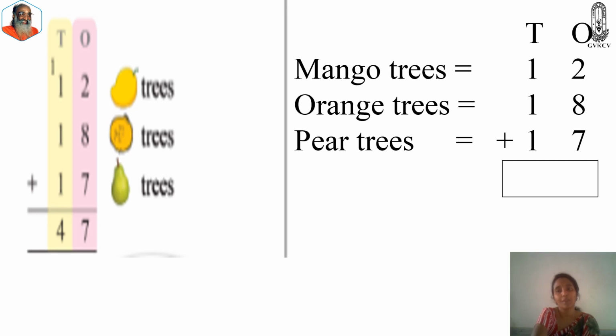Now 2 plus 8 plus 7 under ones. Friend of 2 is 8, means 2 and 8 give you 10, and now 7. 10 plus 7 is 17, right? 10 in your mind and take 7 fingers. After 10, 11, 12, 13, 14, 15, 16 and 17. So 7 here and 1 is regrouped and kept in the tens place. Now add the numbers in tens: 1, 2, 3 and 4.